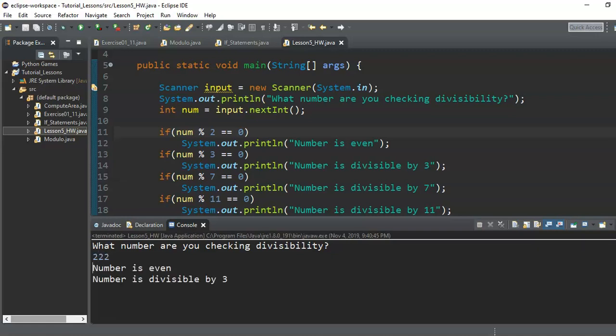222. I know it's even, so I know it'll be divisible by 2, and it also is divisible by 3. What about 22? Divisible by 2 and divisible by 11. And one more, 21. Divisible by 3 and divisible by 7. So we have all of them. And so we could also check